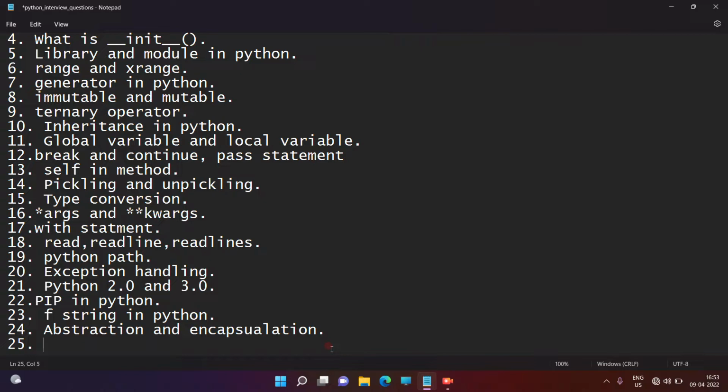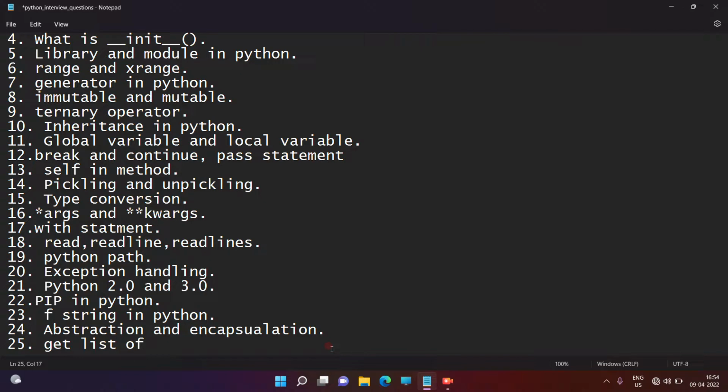How to get the list of keys in our dictionary, right? How to get list of this? These all are advanced questions, right guys? So those who are going to face an experienced interview also need to prepare all these questions. And this is a very important question, which is the 25th question.